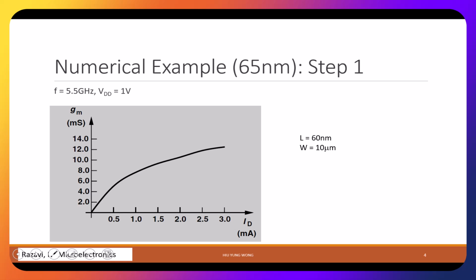We have some numerical example. So for example, you are asked to design an LNA at a frequency of 5.5 gigahertz, and then VDD equals 1 volt. Again, it is the cascode common gate, common source amplifier with inductive biasing, right? Remember, if I say these few words, are you able to draw the circuit? It is common source with inductive biasing,